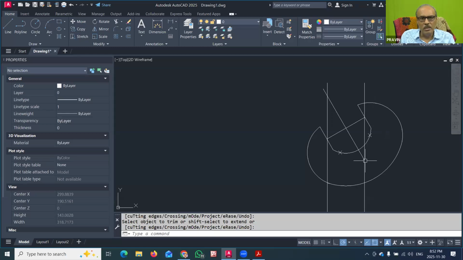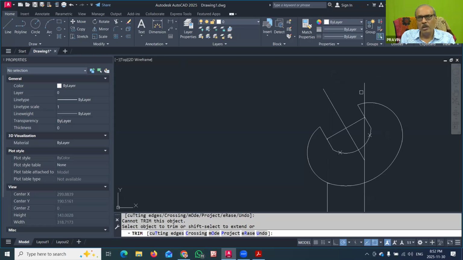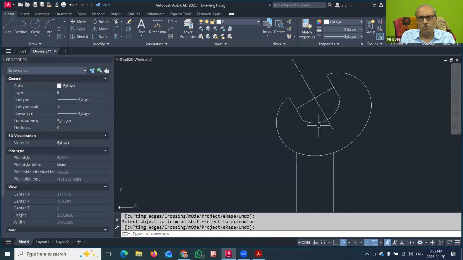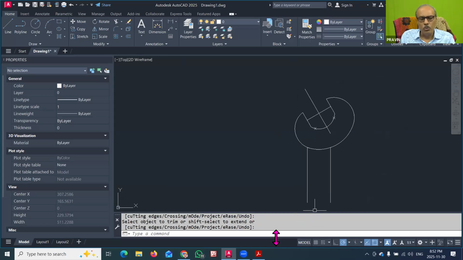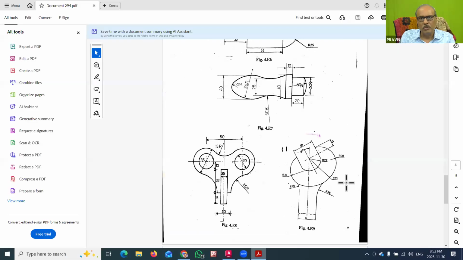Now another important thing is that whatever these two vertical lines are there, those also are unnecessary. They are going beyond this center. So we can trim them also. So I will trim this part, then this part, and also this part. Here also same, this one, this one, this one, this segment, and this segment also. Now in this way, the preliminary part of your spanner was now ready. So you can just check with this. So now most of the part was ready.